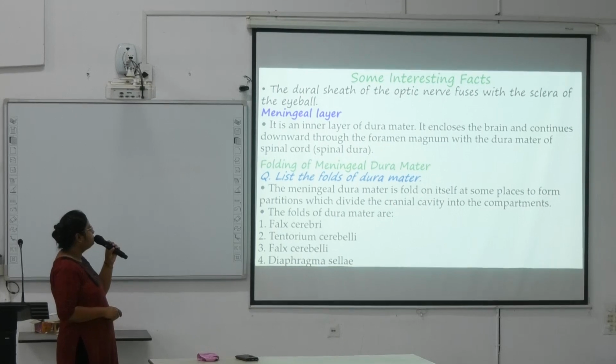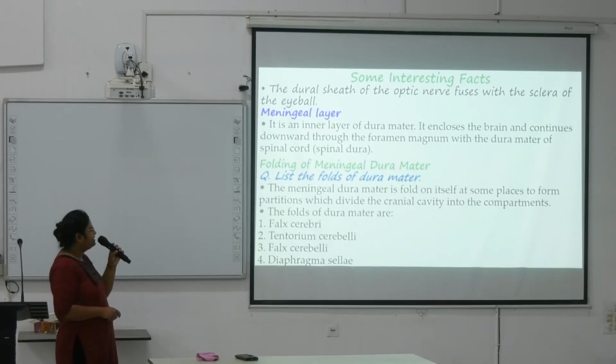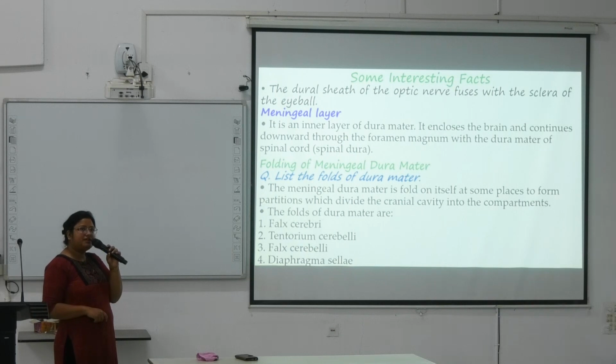Meningeal dura mater is folded on itself at some places to form the partitions which divide the cranial cavity into different compartments. So these are the folds: falx cerebri, tentorium cerebelli, falx cerebelli, and diaphragma sellae. Diaphragma sellae is lying over the hypophyseal fossa, over the body of the sphenoid. Next,